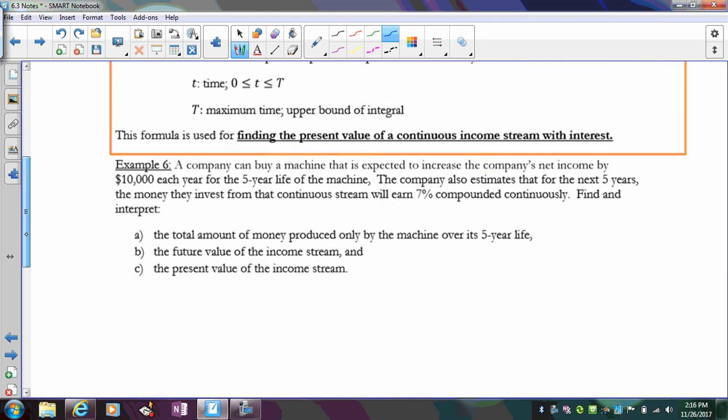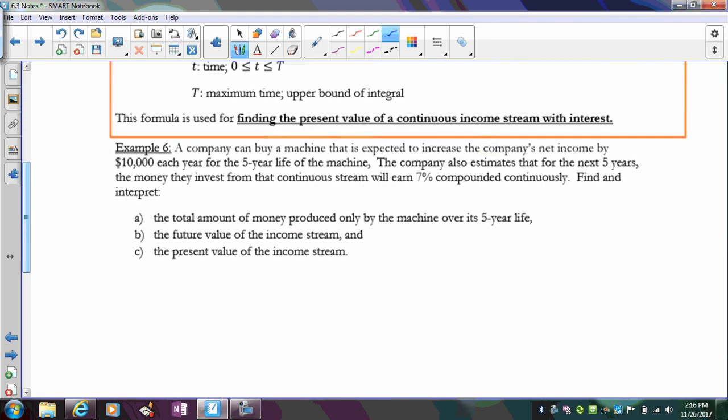So let's look at this last problem here where we're going to have multiple parts. It's going to recap everything that you've seen in this section. A company can buy a machine that is expected to increase the company's net income by $10,000 each year. So that means continuous money flow, so that means integration, for the 5-year life of the machine. The company also estimates that for the next 5 years, so again, a 5-year time period, the money they invest from this continuous stream of money, so integrals. We have interest,